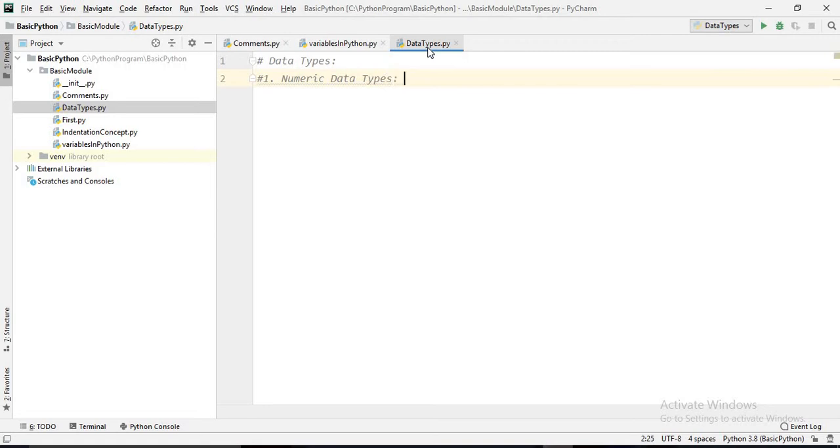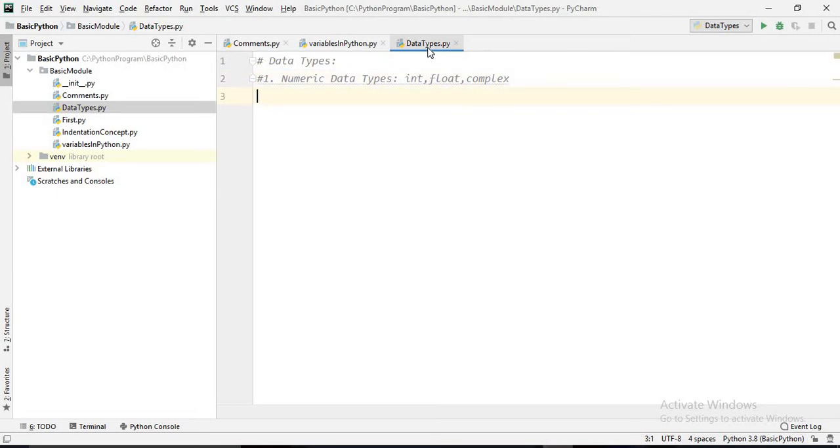In numeric data types we have int, integer, and second one we have float, and third one we have complex. So numeric data types we have int, float, and complex.